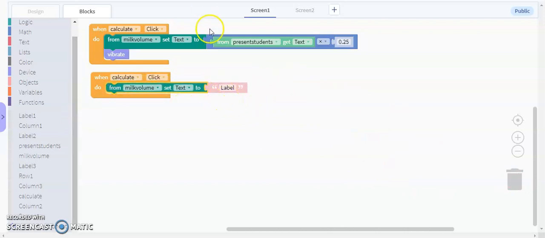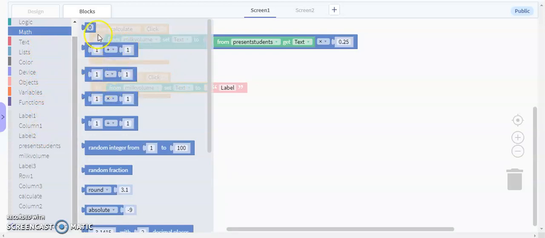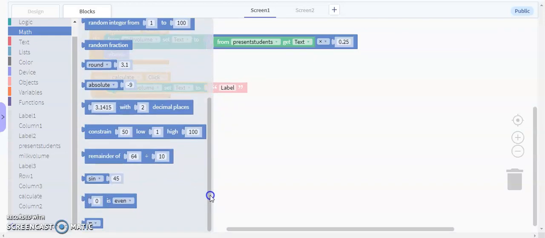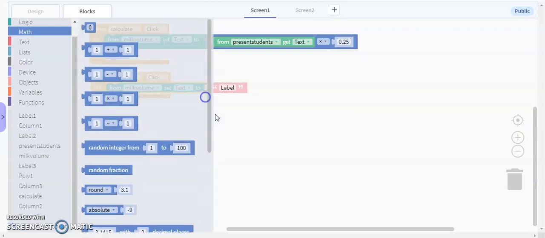Okay, then we go to the math section. Here's the math section after logic, and over here we have random integer, random fraction. In mathematics there is also rounding off, absolute value, decimal places, min and max, remainder. All of these are in math only.